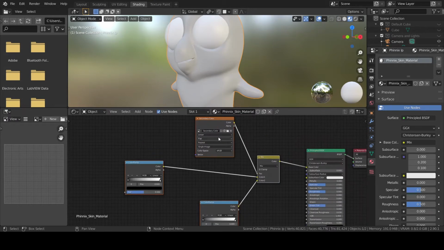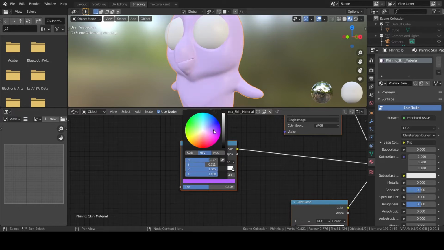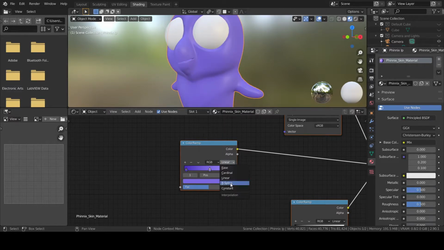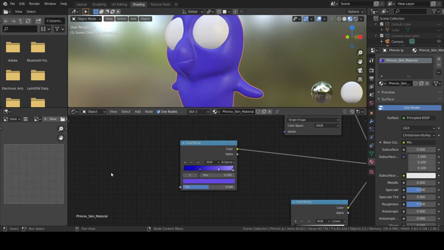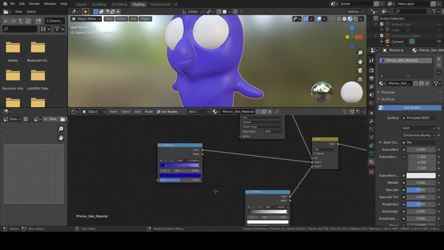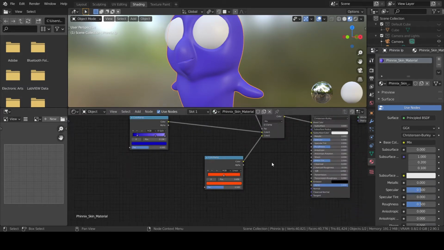In this way, the black portion of the texture will be shown as the first color. The white ones are gonna be shown as the second color. Doing so, you're always free to change the color ramp to get the effect you want. I choose to shade Phinnix in this non-destructive way, as at this point I've not decided yet his final colors. Let's recall another panel, the texture paint,